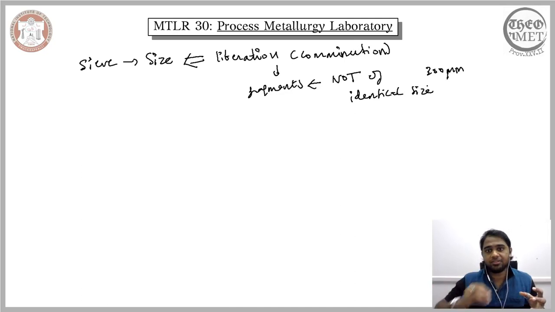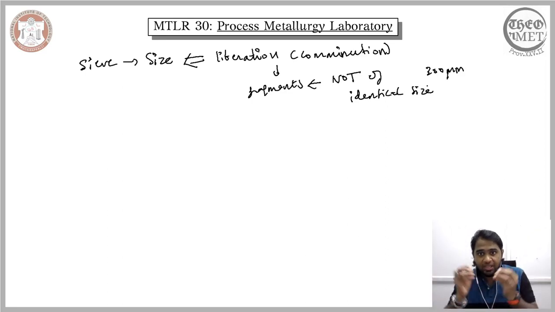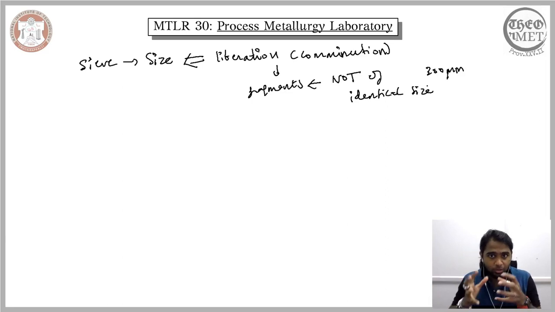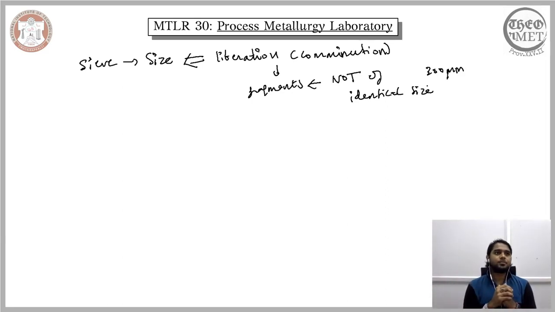Only when you consider the second degree comminution, you will be able to arrive at a mixture wherein the sizes are not uniform, and based on these non-uniform sizes, you will be able to understand that the overall process chain has performed accurately, and now subsequently you will be able to process this mixture of non-identically sized fragments.